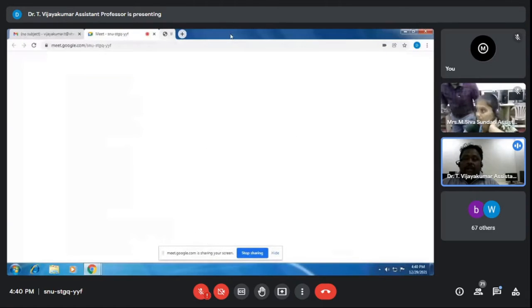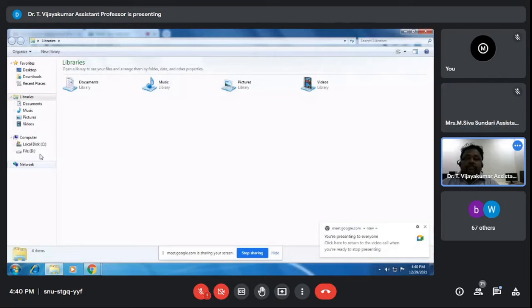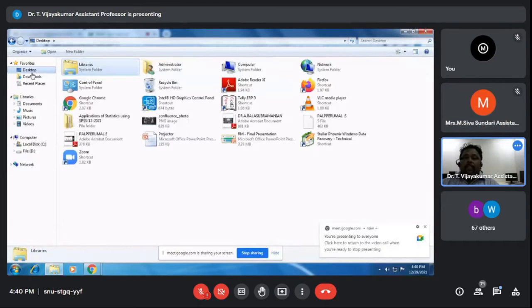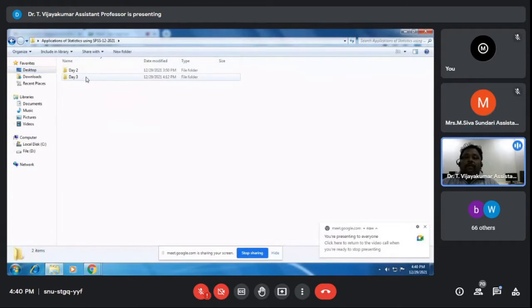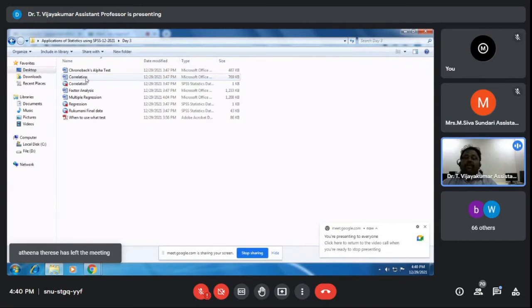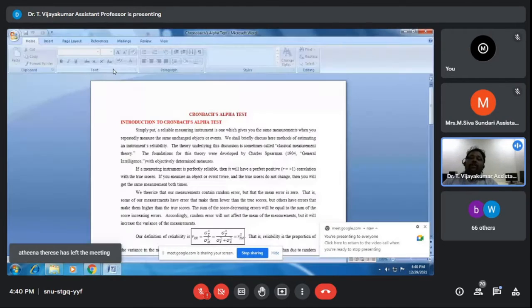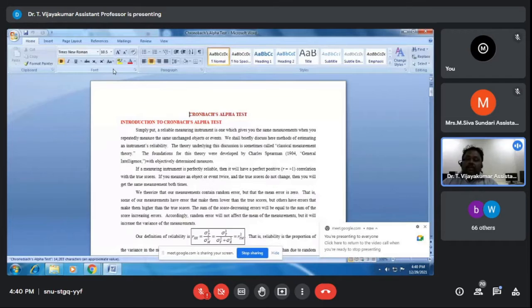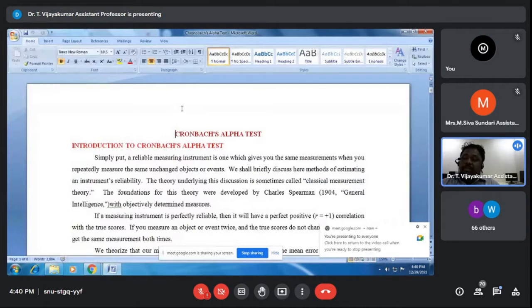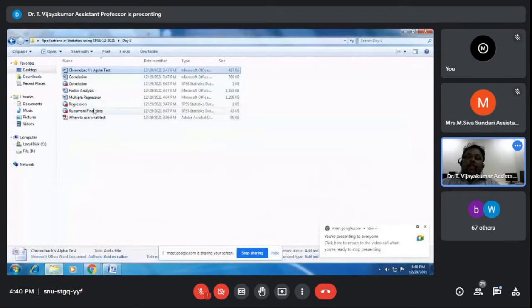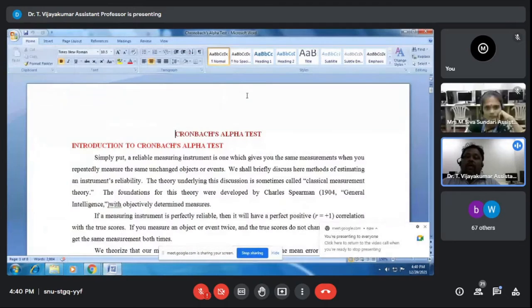And the second one: one of the participants also asked about the Cronbach's alpha test. How to conduct the Cronbach's alpha test? This is the question asked by one of the participants in yesterday's presentation. I can explain with an example. Actually, in the first day session, ma'am already discussed the Cronbach's alpha test,